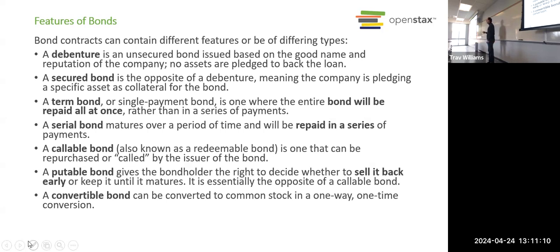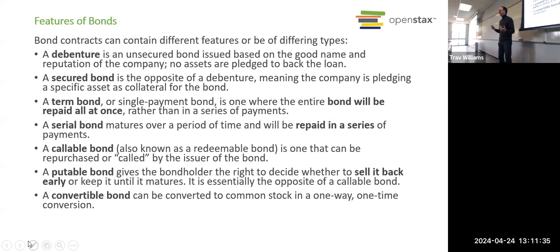With a puttable bond, the purchaser has a right to put it or sell it back whenever they want. So it's really who has the control over changing the date of the bond, being mature, that's not the right word,